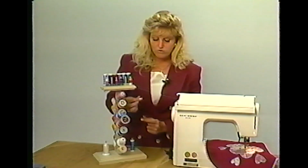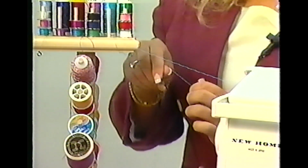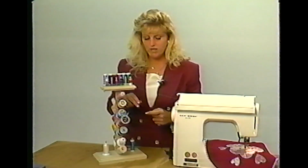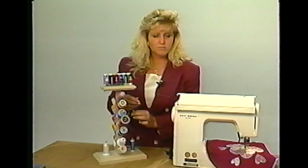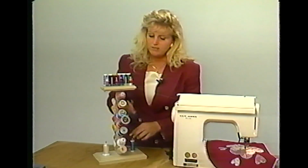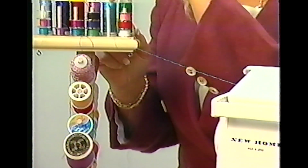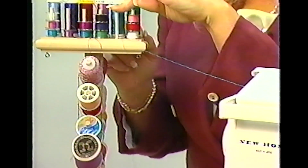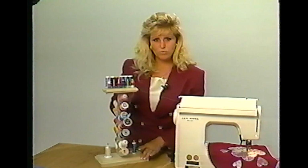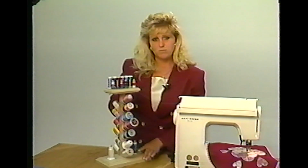Rayon threads tend to twist and not come off the spool properly, and so you get a lot of looping on your project. And if you've ever done machine applique or machine embroidery, you know that this is not desirable. So what I do is I wrap it around the eye hook 2 times and then swing it around one of the little vertical posts on the top and then feed it into the machine, and it works similar to an industrial threading system, and that is why the industrial machines don't seem to have as much trouble with the